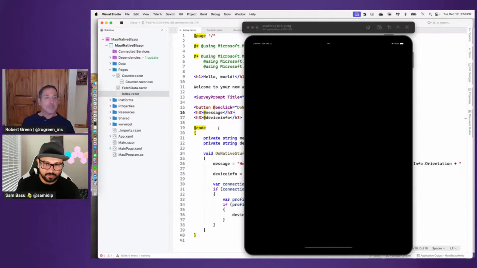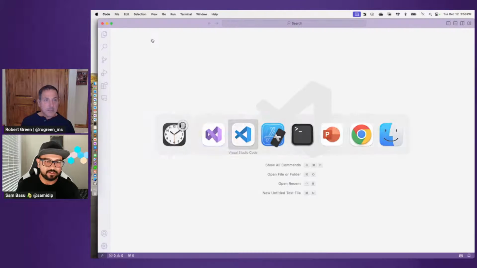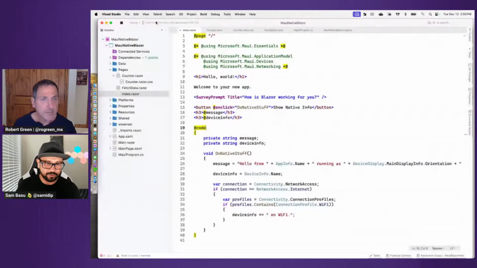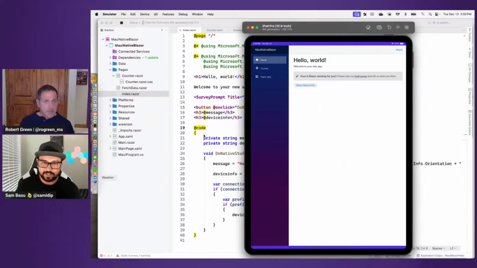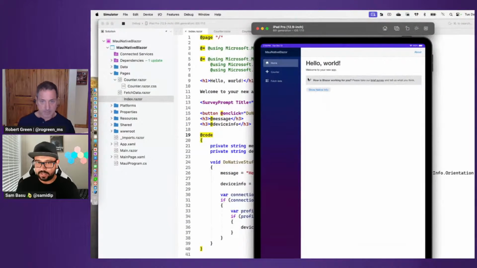Let's see, what is it doing? Why is it not coming up? Let's see if I can close out a few things here. VS Code I don't need. It's thinking, oh, no, it is. There it is. Okay, so you get the same Hello World experience that you just saw, but here I can